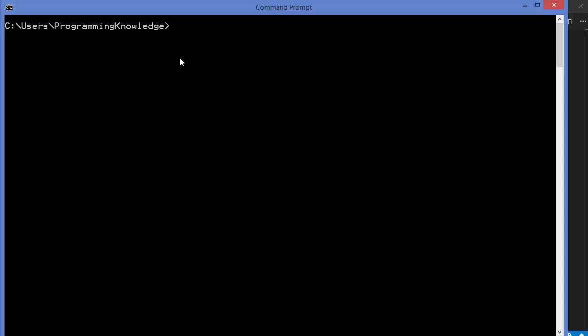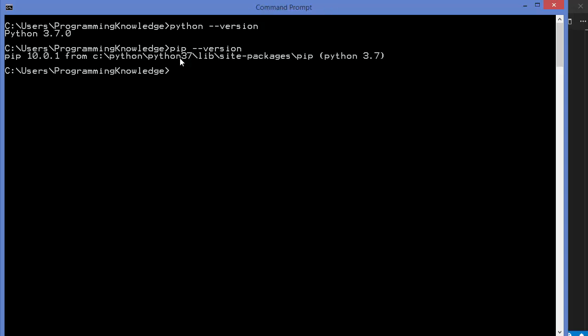So to verify this, first of all, I'm going to check the Python version. So you can just give this command python --version, and then you can check the pip version. So you can just give this command pip --version. So just give this command, and it's going to give you the version of pip which is installed on your Windows operating system. So to install opencv using pip, you just need to give this command pip install